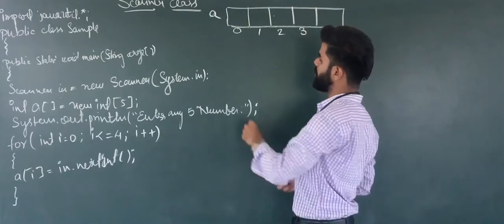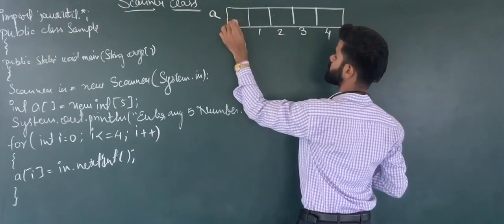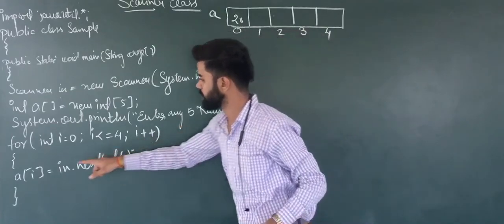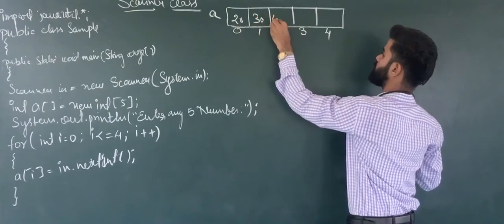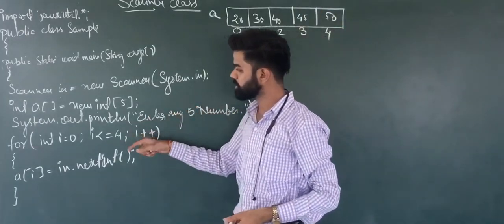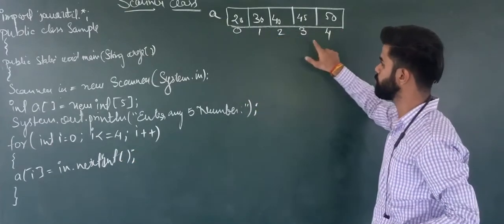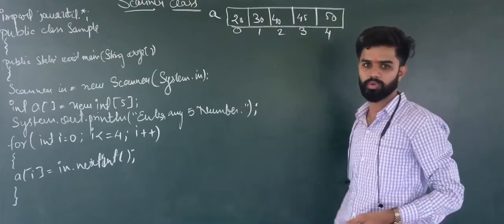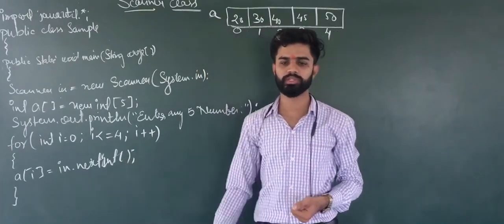Okay. So now suppose the first time you initialize 20. So at the position of a[0] it is 20. Then the second time, when i plus plus, it stores a new value at a[1], which is 30, then 40, 45, 50. So these numbers are there, and when i is equal to 5, the condition 5 is less than or equal to 4 is false. So it runs addresses from 0 to 4: 0 is the first position, this is second, third, fourth, and fifth. So in total 5 values are there, 5 blocks are there, and we can store our values in this variable.